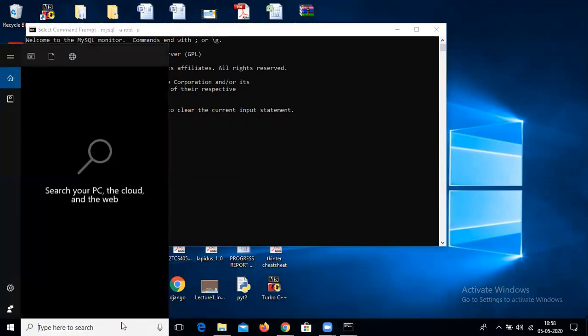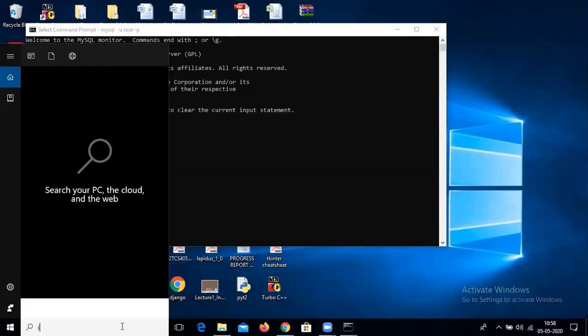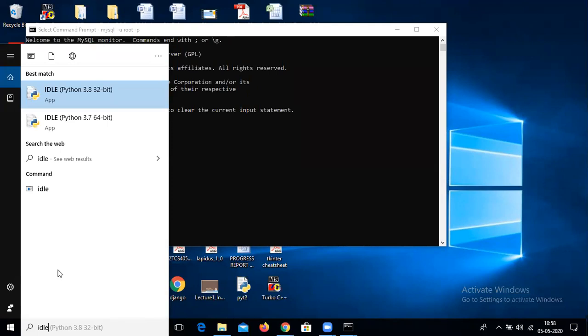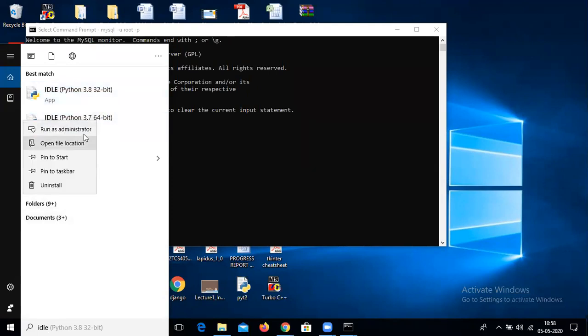Now, how to fetch these values inside the Python IDLE? Open the IDLE.